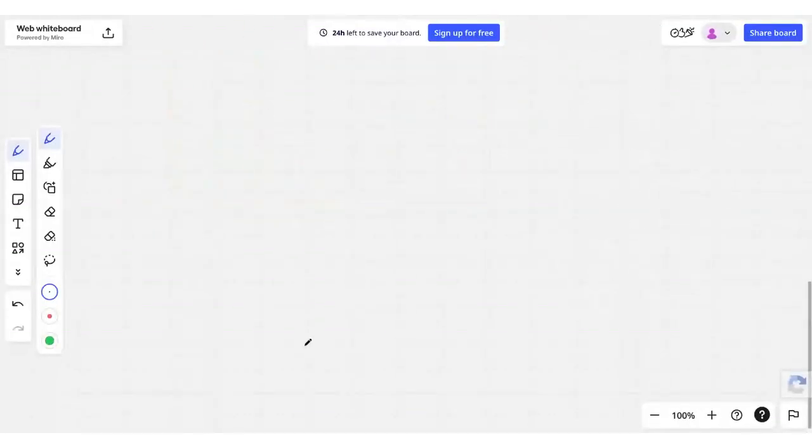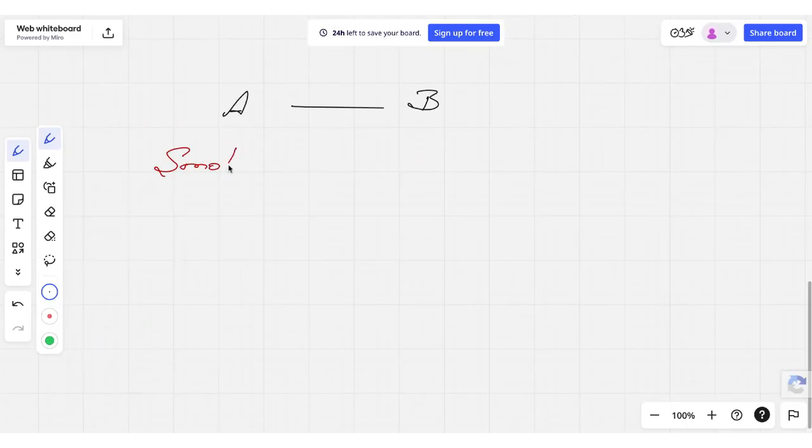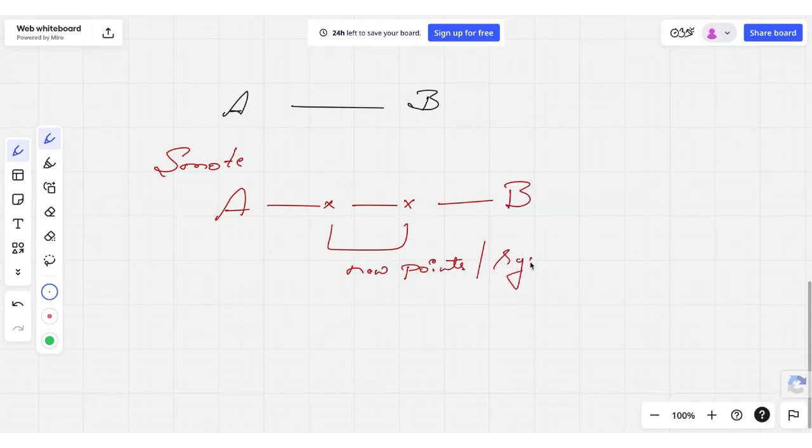Let's say, for example, you have two observations, like A and B, two points. What SMOTE will do is try to synthesize a new observation between them. Like this, the new points, the synthetic ones, will be generated. Clear? This is how SMOTE is going to work.